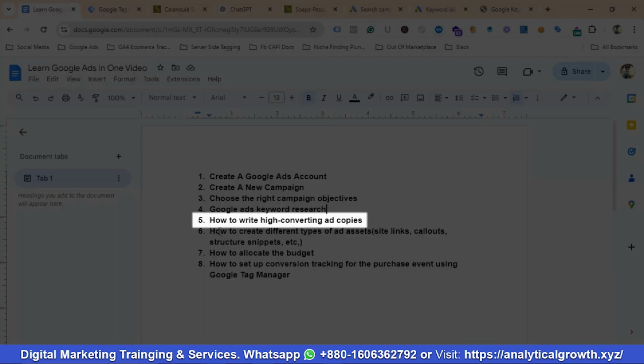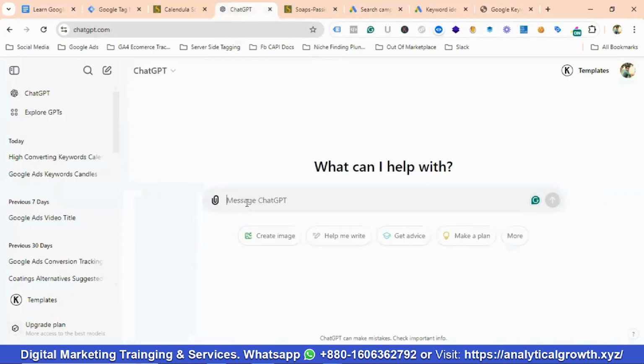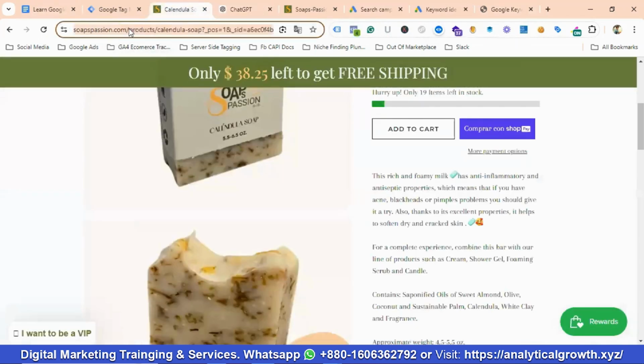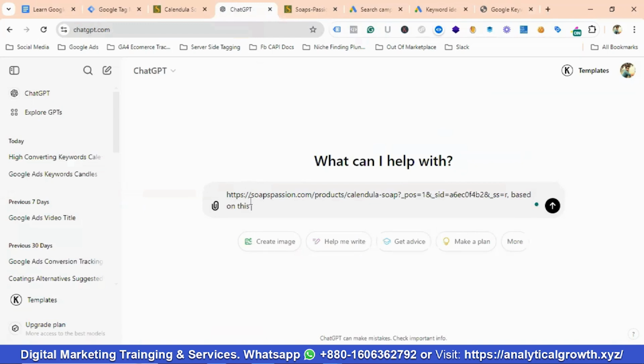Then we have come to the fifth point, which is the ad copy section. So how to write high converting ad copies. I'll be taking the help of an extension called ChatGPT. What I'll be doing over here is giving all of the keywords. Let's give the landing page. I'll be writing the landing page first, then a comma, based on this landing page or product page. Based on this product page,